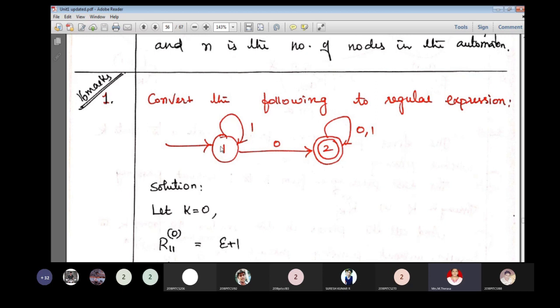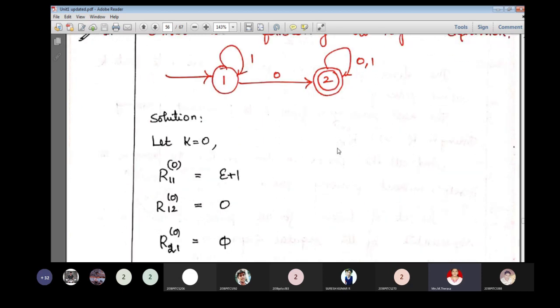So from 1, for 0 it goes to 2. For 1 it remains in the same state. And 2 comma 0 is 2, 2 comma 1 is 2. And for this you have to build the regular expressions. As we know, we have to start with the basic step, which is nothing but k is equal to